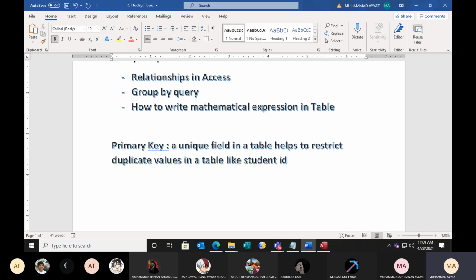The second one is very interesting and important also: foreign key. First I will write the definition, then I will give the example.